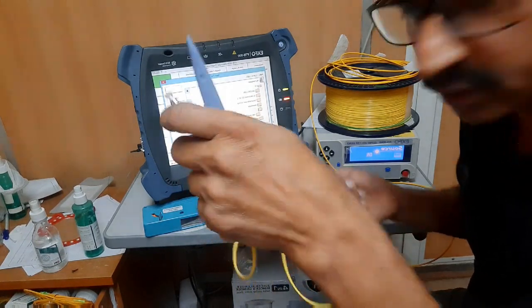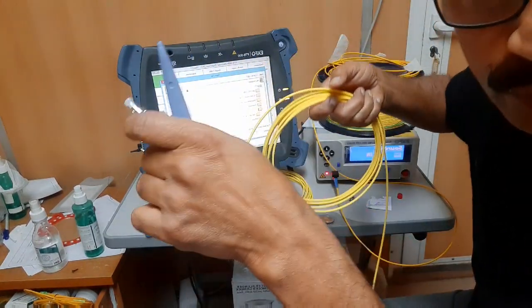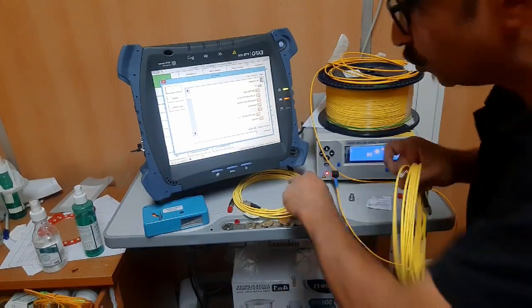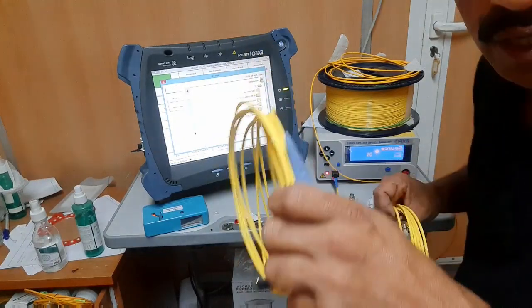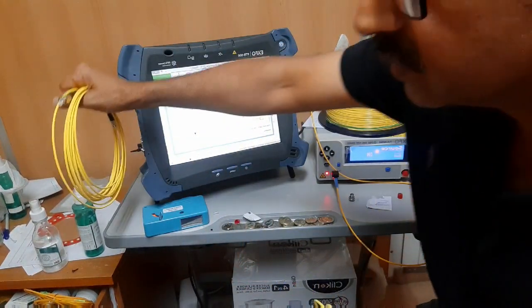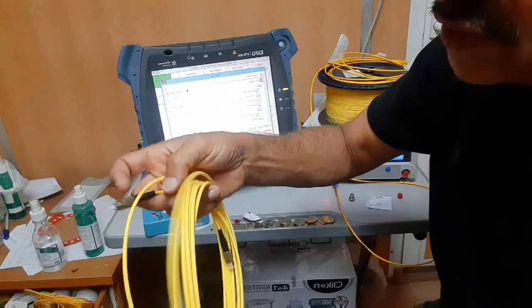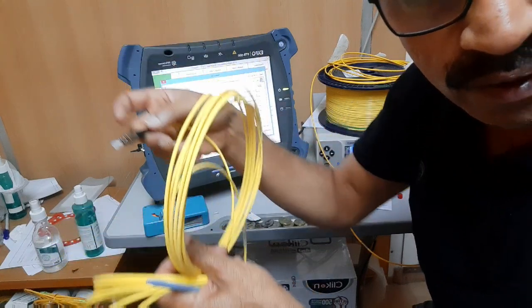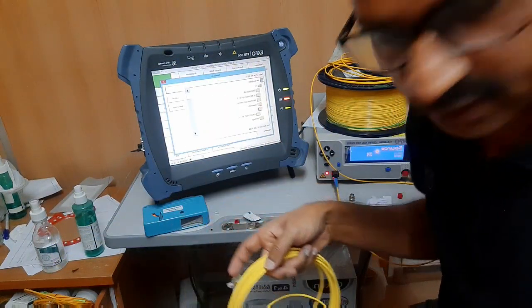We have taken two reference patch cords. Connect one patch cord with the source and one patch cord with the equipment, and connect the other ends of these patch cords to the FSTP of the fiber under test.